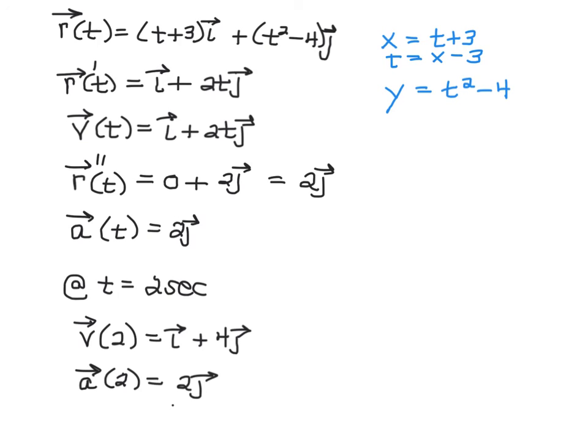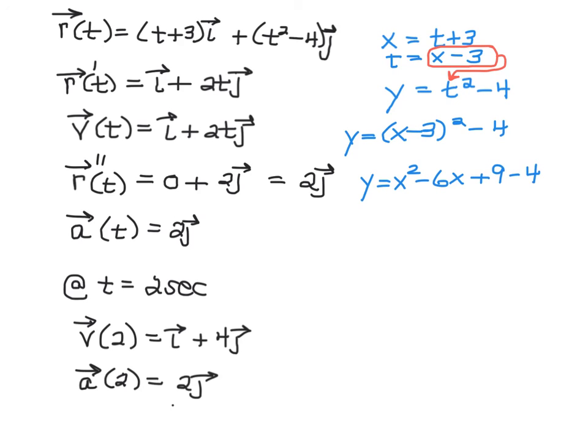And if we substitute x minus 3 for t into our y equation, we're going to get y is equal to x minus 3 squared minus 4, which is y is equal to x squared minus 6x plus 9 minus 4, and let's combine our last two terms and we get